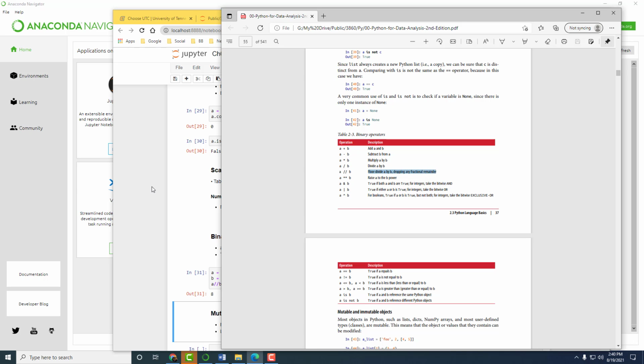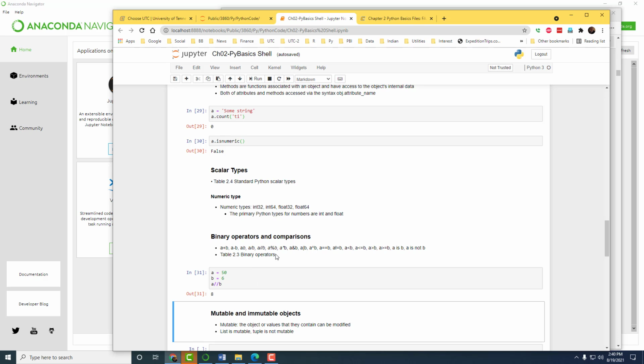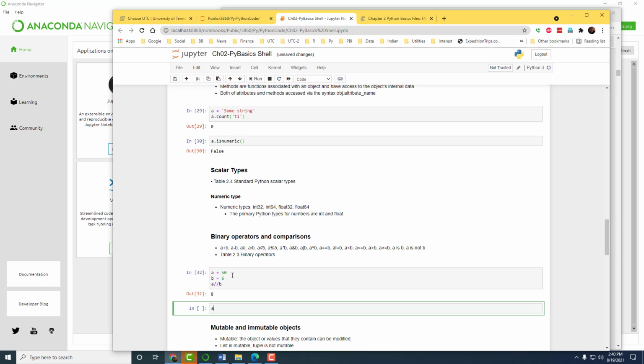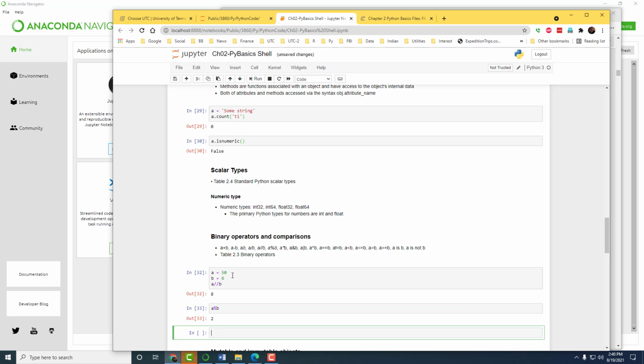Then we have a percent b, and that gives you the integer part, right?